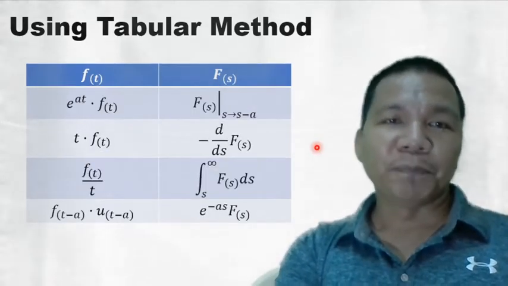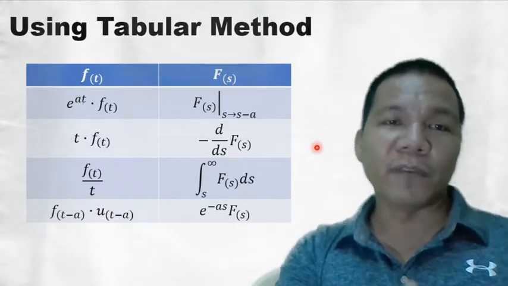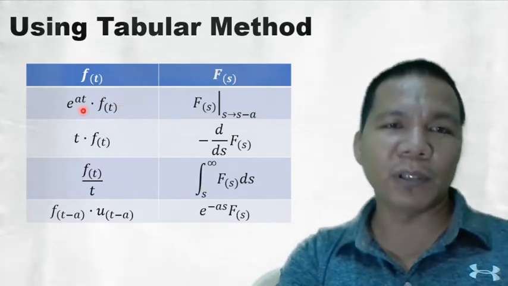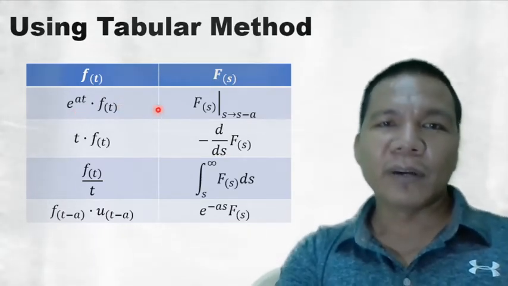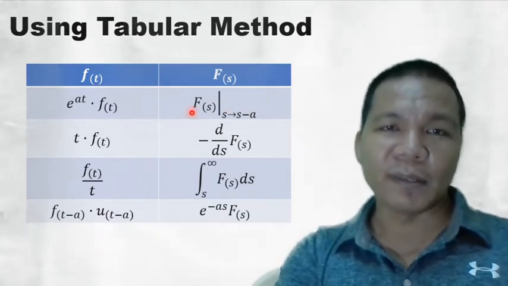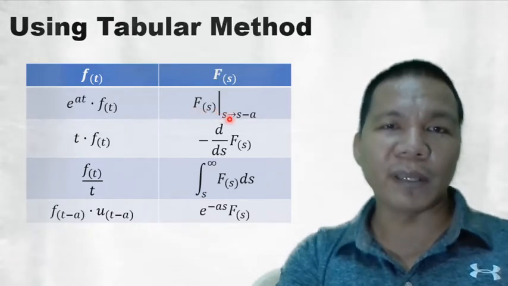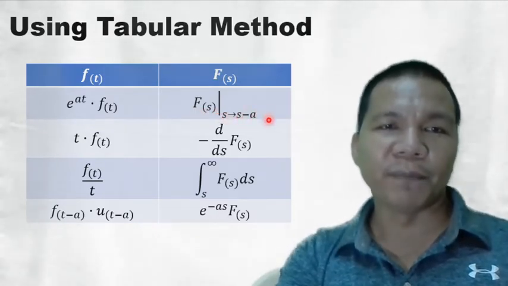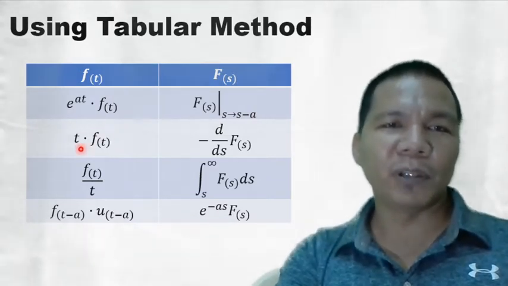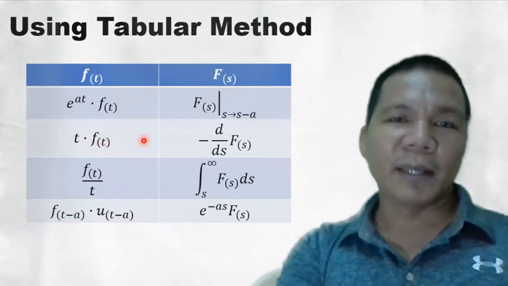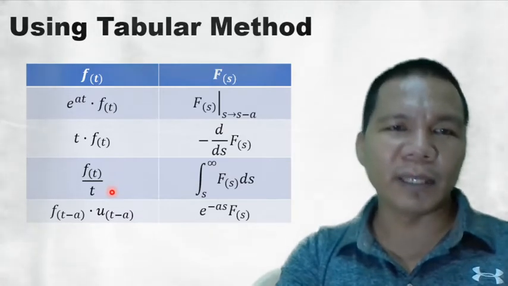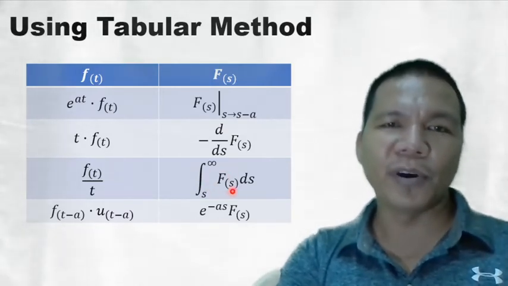Okay, now let's proceed to our next table. If you can still recall, this is the table of your properties. Now if a function of t is multiplied by the exponential function, the result will be your first shifting theorem. That is the F of s when s is equal to s minus a. Now for the next property, we have the function of t multiplied by t. That is actually the derivative of your Laplace transform. If your function of t is divided by t, the Laplace transform of that is the integral of your Laplace